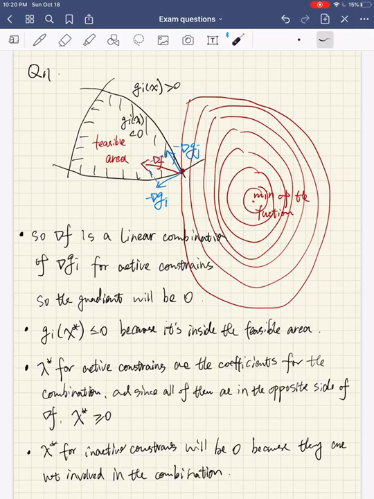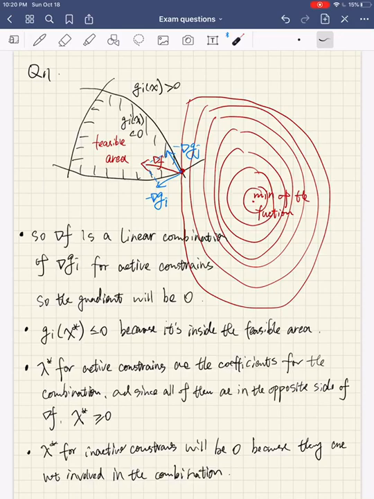And then now look at the actual function. We want to find the minimum of such function that is inside the feasible area. Therefore, you need to find this tangent line where the level set will cut the feasible area the earliest it cuts. So when you actually cut this point, we'll know that